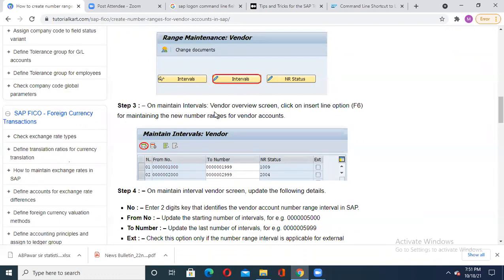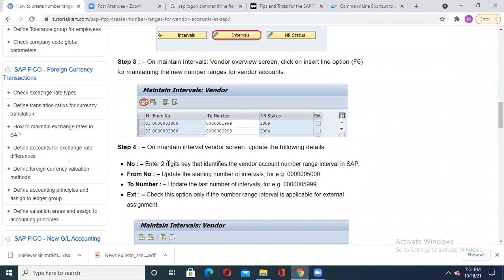Once you click on that button, you will get your next screen like this, where you will be able to see your vendor details. Now how to insert the data in this particular field, or how to give the range to a particular vendor account group? Either you hit the first option, that is insert, like a plus option. If you want to delete, you go with the minus option, but I want to insert. So I will press this first icon on that window, or press F6 from my keyboard, and I will be able to enter the data for this particular vendor.